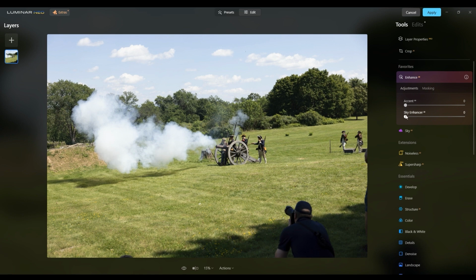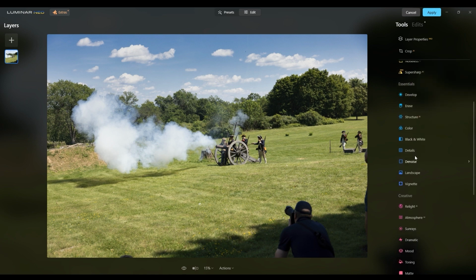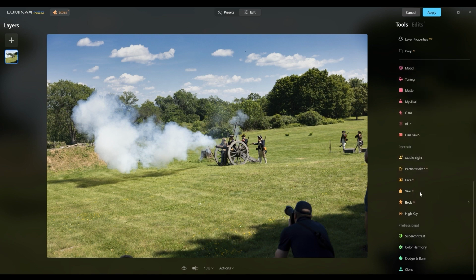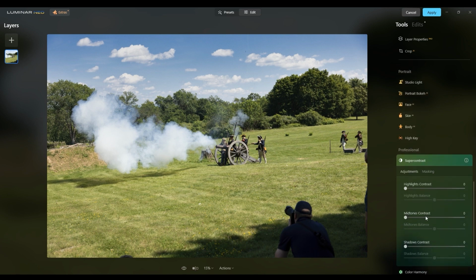Let's look at the enhance. So I'd like that sky to be a little bit more blue. So let's see what the enhancer will do for us here. And we've got a little bit more of a blue sky than we had before. So let's go down here to the creative ones. Now, down here in professional,